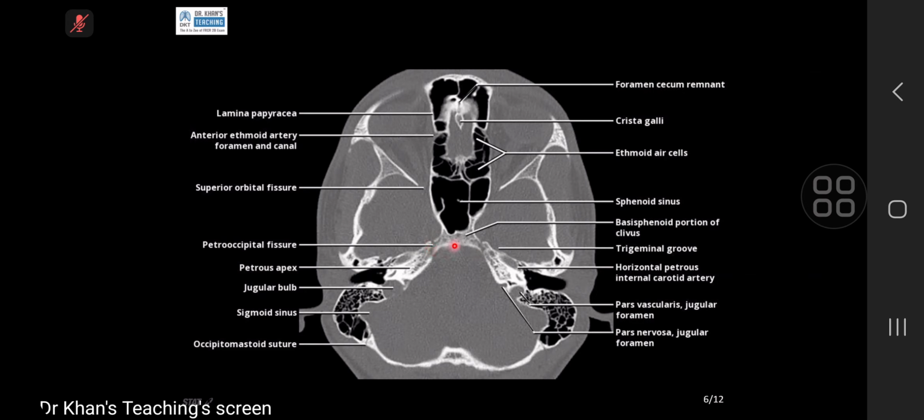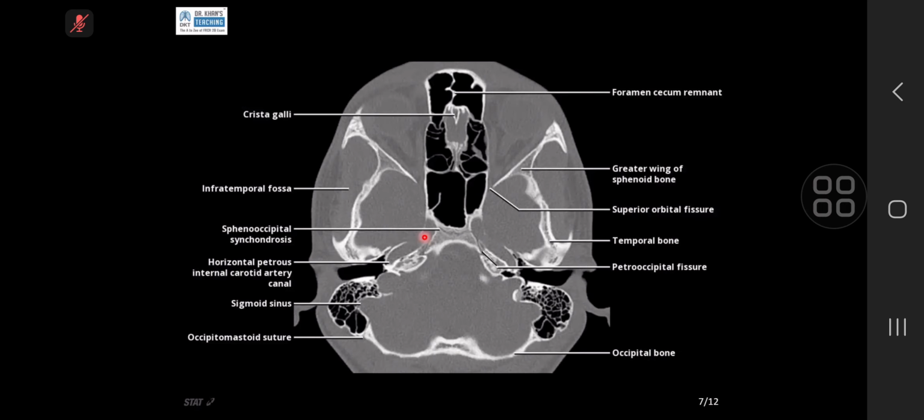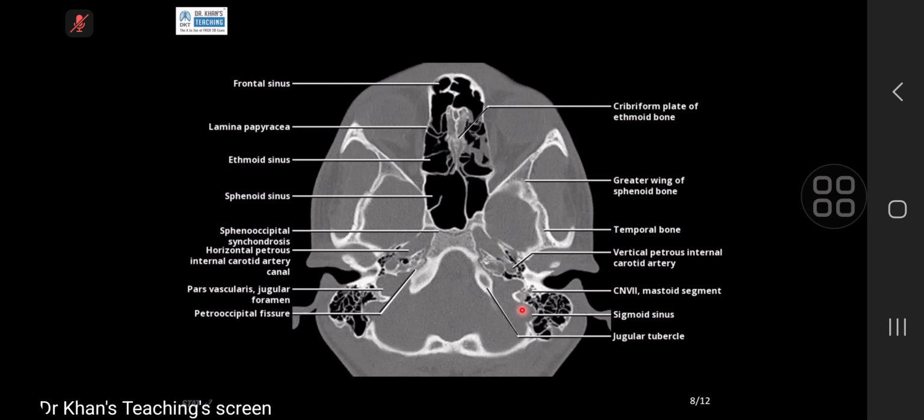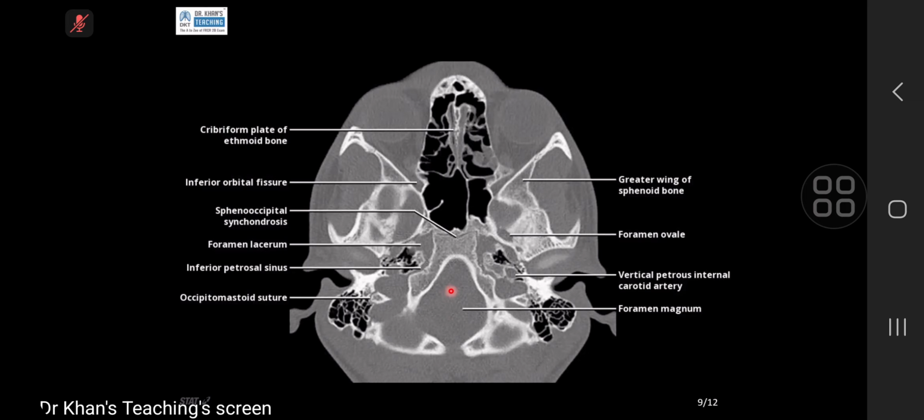So as we go further inferiorly, we can see the jugular foramen coming into our view. We can see the carotid canal, the jugular foramen. As we go more inferiorly, the clivus is there, the jugular foramen is here. This is a portion of the petrous temporal bone still visible. We are going further inferiorly, and we have got the clivus sitting here, jugular foramen here, and now we are